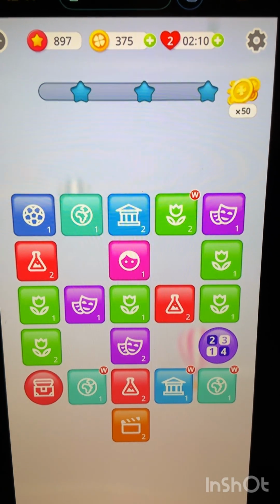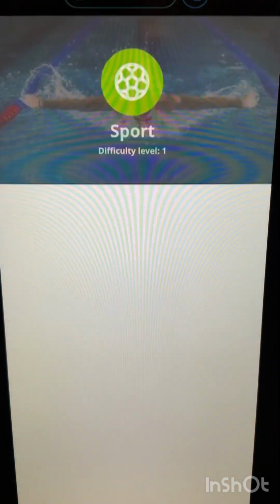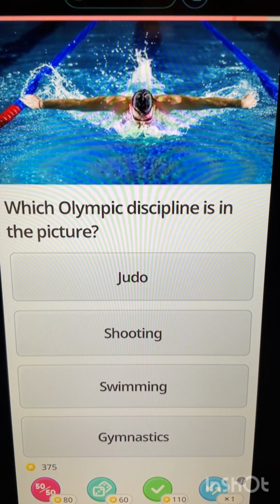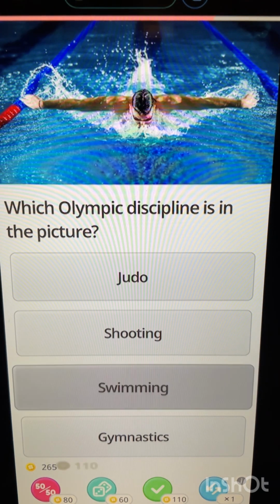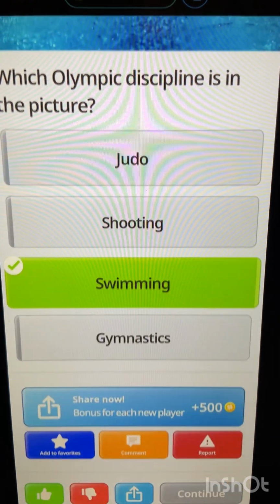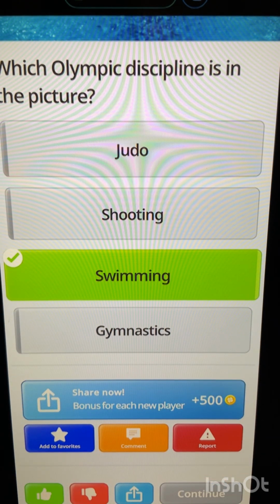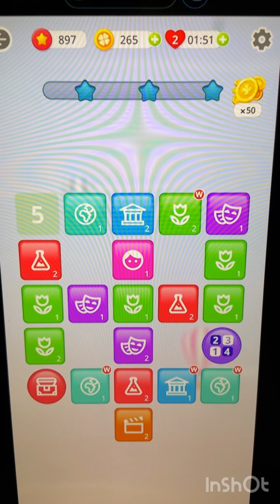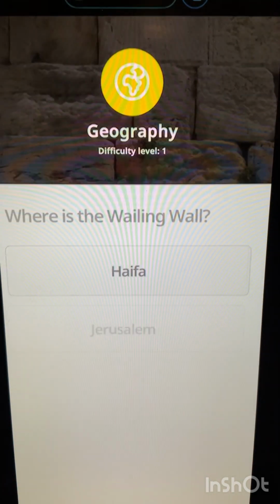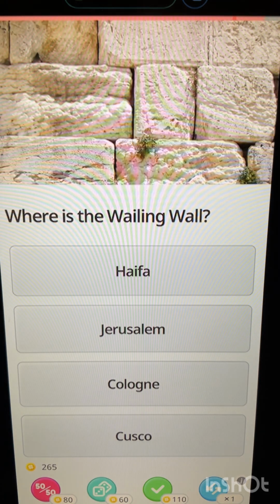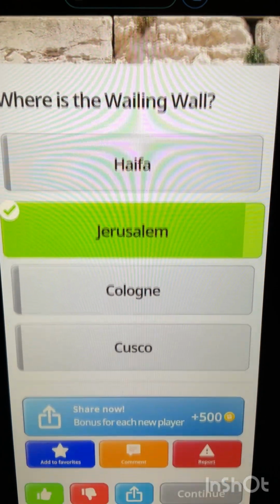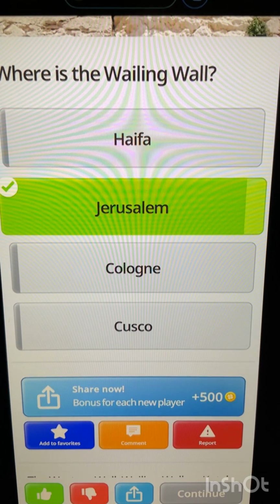So we're going to start sports. What Olympic discipline is in this picture? That is swimming. Next question. In geography, where is the Wailing Wall? Haifa, Jerusalem, Cologne, and Cusco. So the answer is Jerusalem. Next question